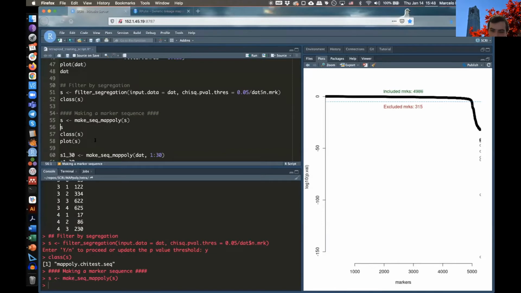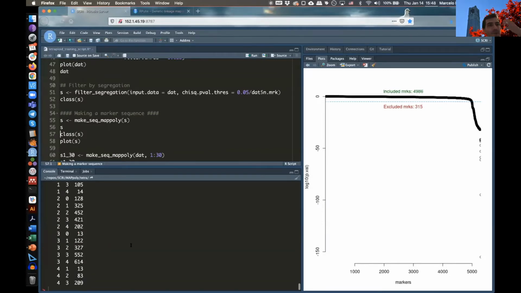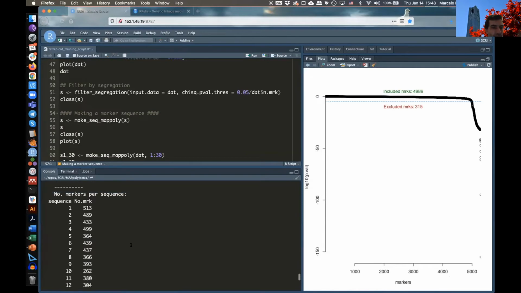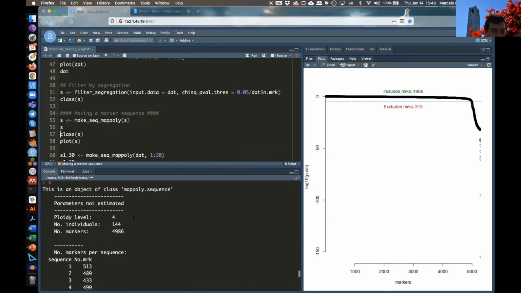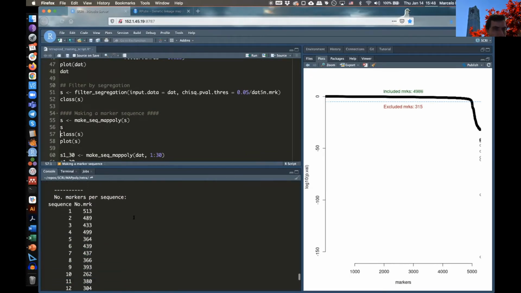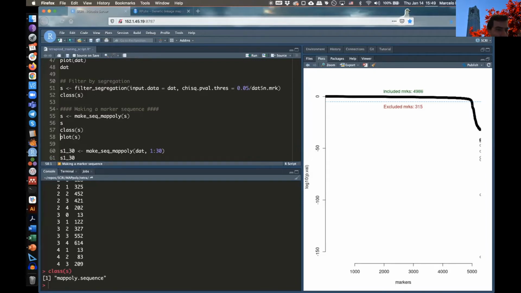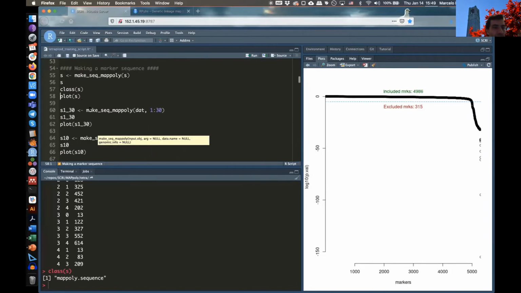So here, as you can see, when I make this sequence, I'm assuming that there's some sort of order in this sequence, okay? It doesn't mean that the markers are ordered according to the genome or according to MDS, but they are in a certain order. And when you build this sequence, you have the MAPpoly.sequence, and you can also plot this MAPpoly.sequence, and you have a similar